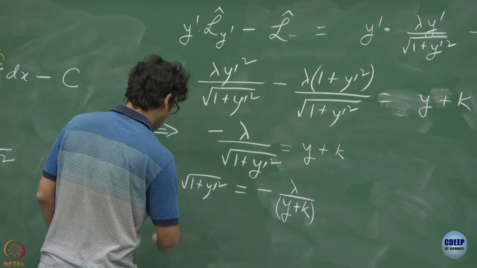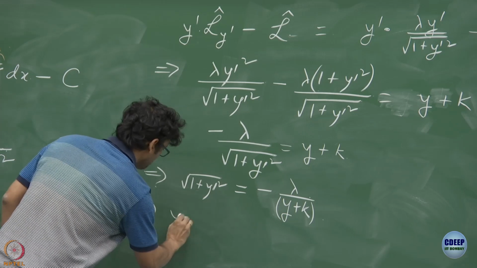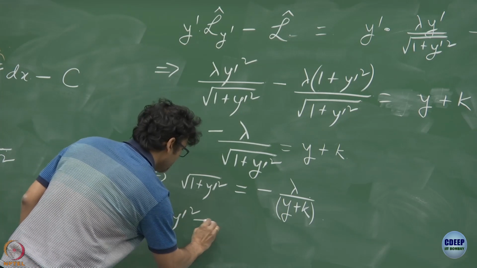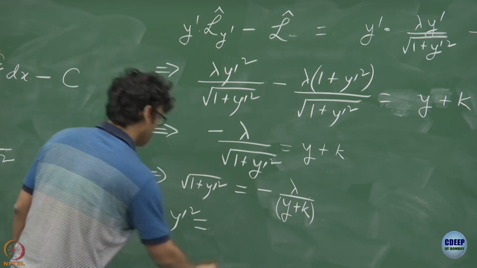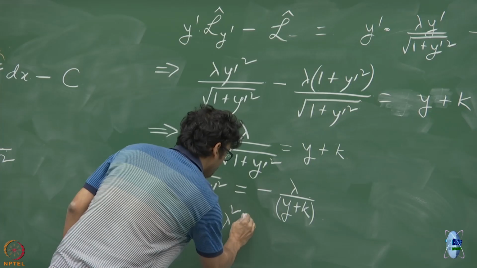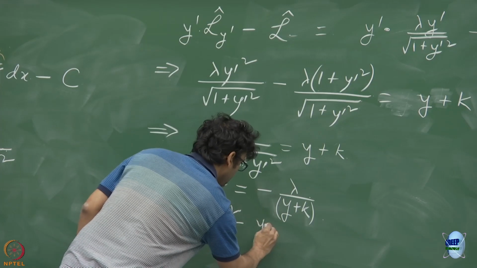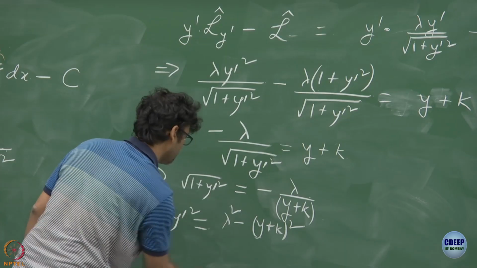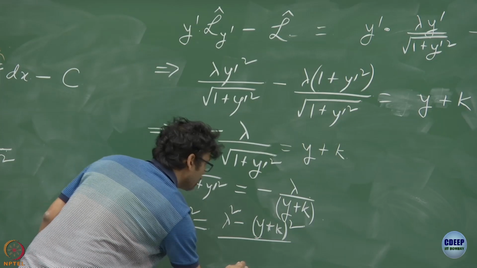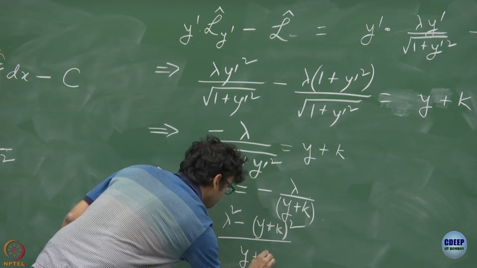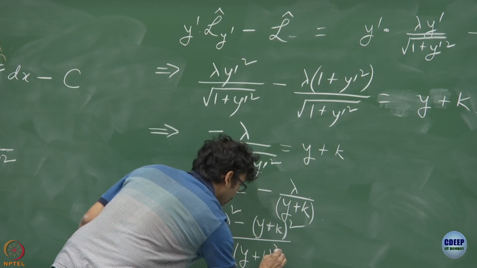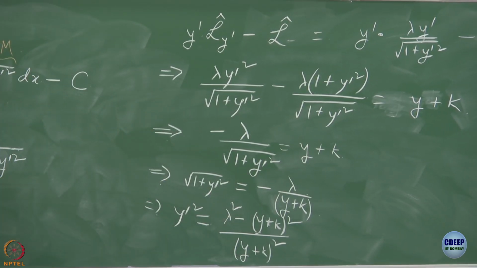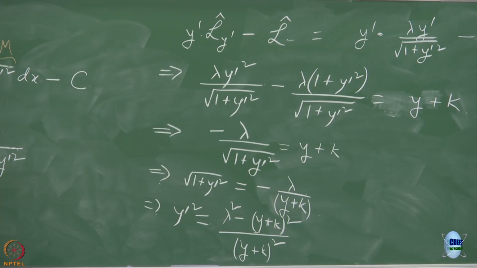If I square this on both sides, I get y prime squared is equal to lambda squared minus y plus k whole squared divided by y plus k whole squared. Of course, you can take the square root, you will get plus and minus both of them. You will have to keep one and discard the other,